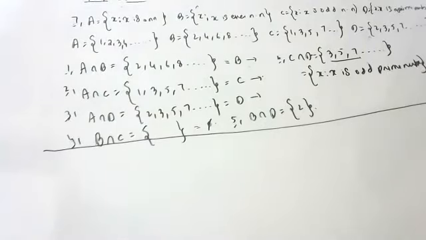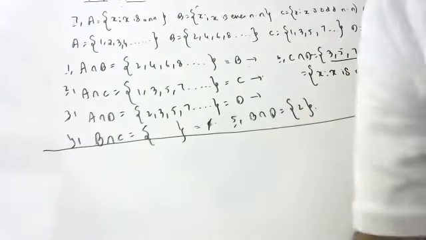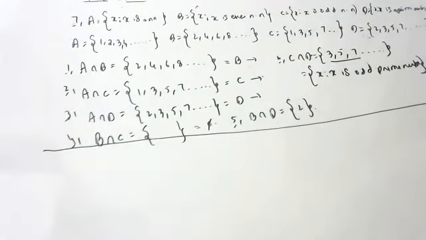Okay, children, one more question we will do, and after that we'll stop. Only the eighth question. I'm erasing this. Again, they have given some set builder forms and you have to work with them. The remaining questions we'll discuss in the next class, because so much time is already over.